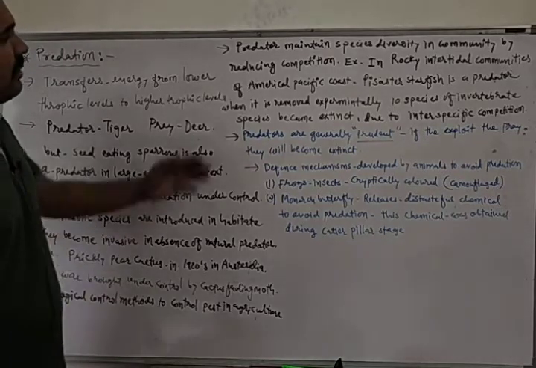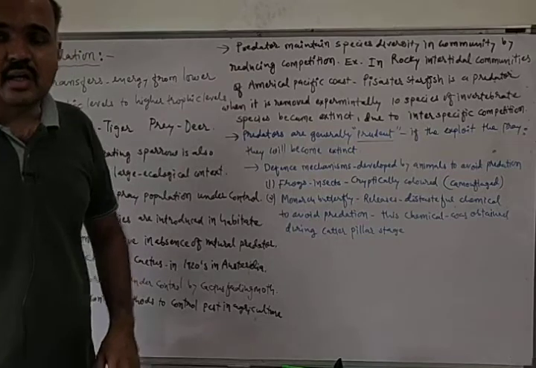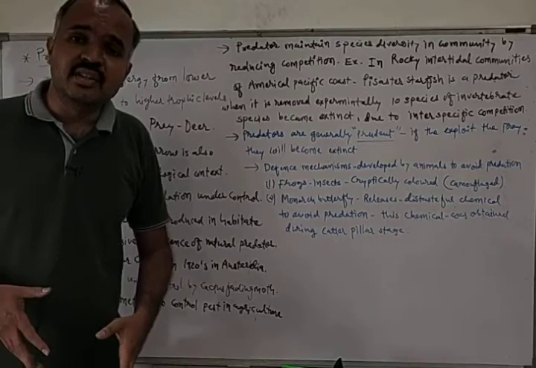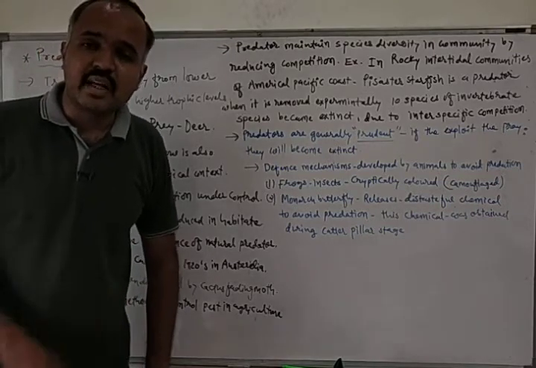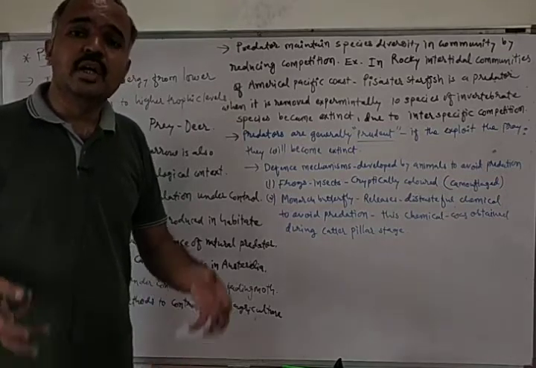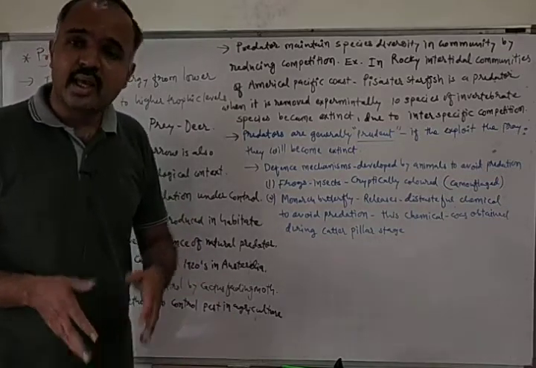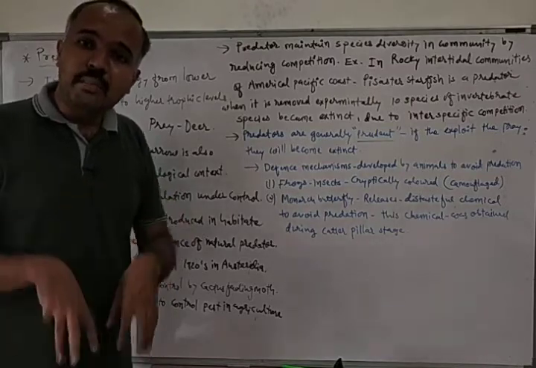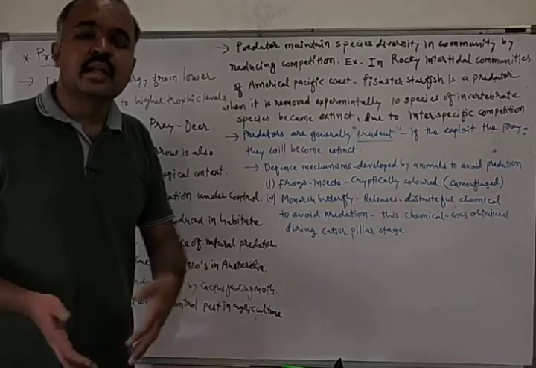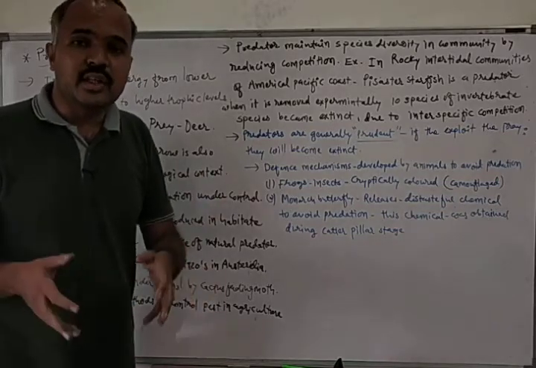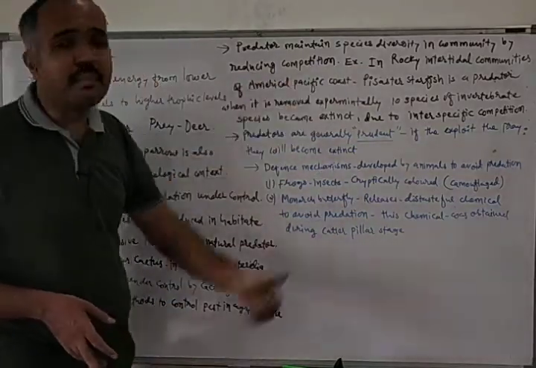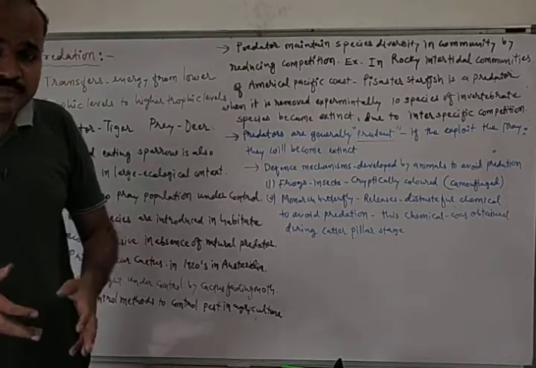Now let's talk about another importance of predators, that predators maintain species diversity in the community. Predators maintain species diversity in the community by reducing competition between the species of the community. Predators reduce competition between the species of the community, and thereby maintain the species diversity in the community. An example of it is